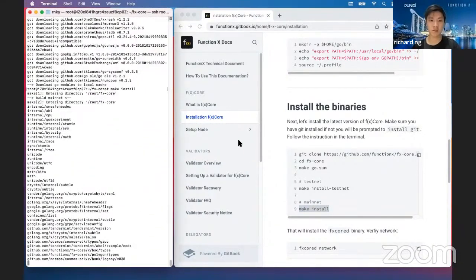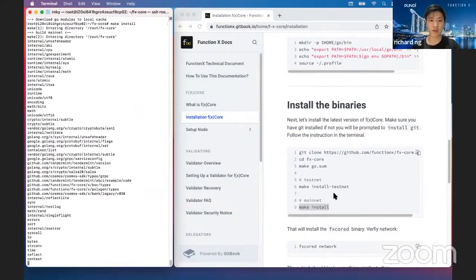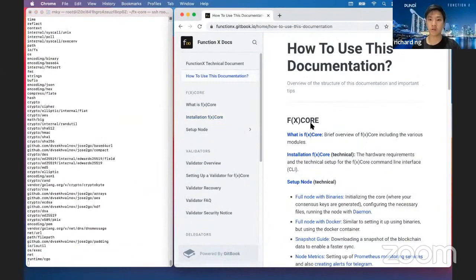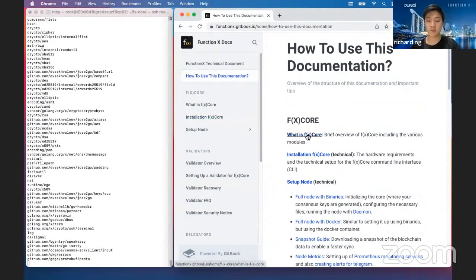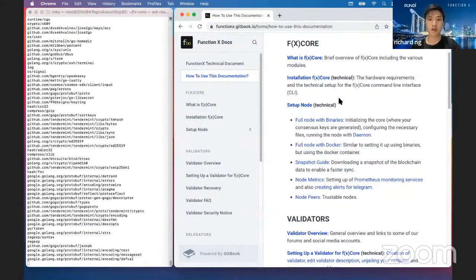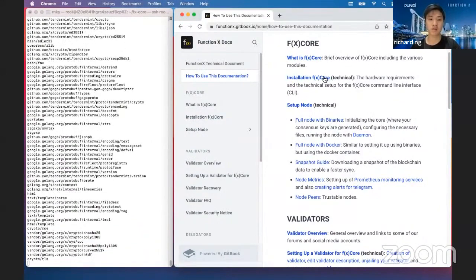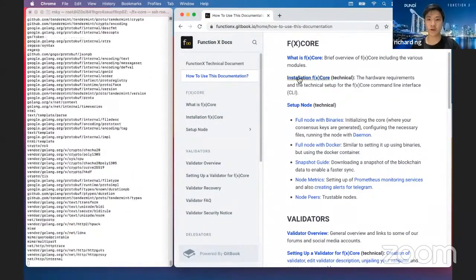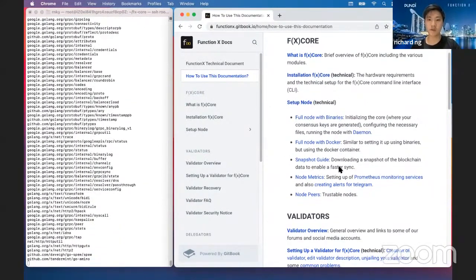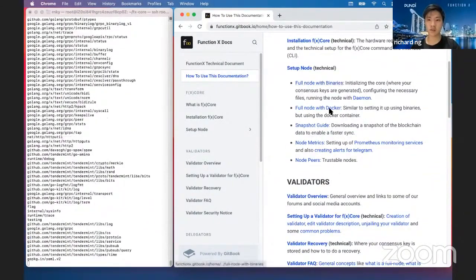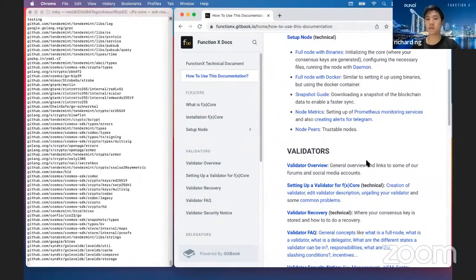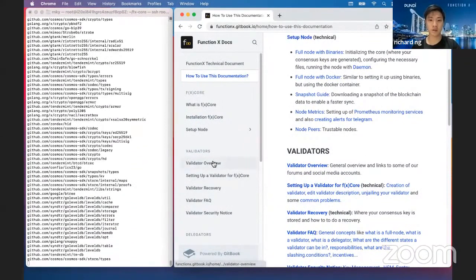Right, so let's install fxcored for mainnet. While this is going through, let me just run you through a bit of the document. This is basically a summary of what the document is. I'll be going through the technical run through of installing fxcored, which we just did, and then setting up the node. All these are technical details. And this part is actually where most of your answers will be found. Okay, so we have the